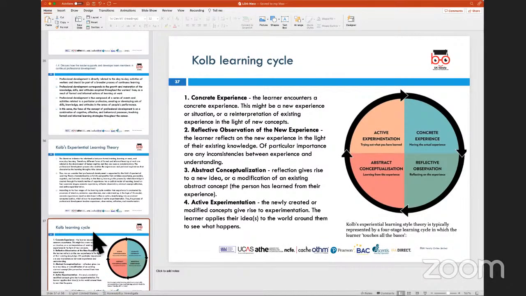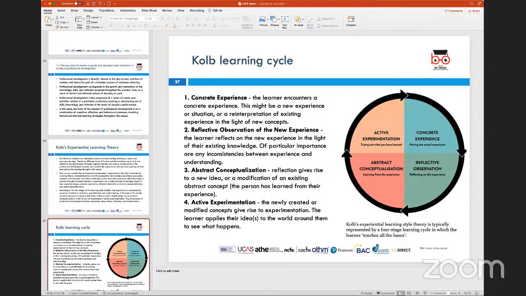And in the proposed model that he came up with, he divided this into four different quadrants. He talked about concrete experience, reflective observation, abstract conceptualization, and active experimentation. Each of these quadrants essentially talks about how an individual learns and what their preferred learning style is. So concrete experience means people learn when they encounter an experience themselves. They would want to go through a situation,